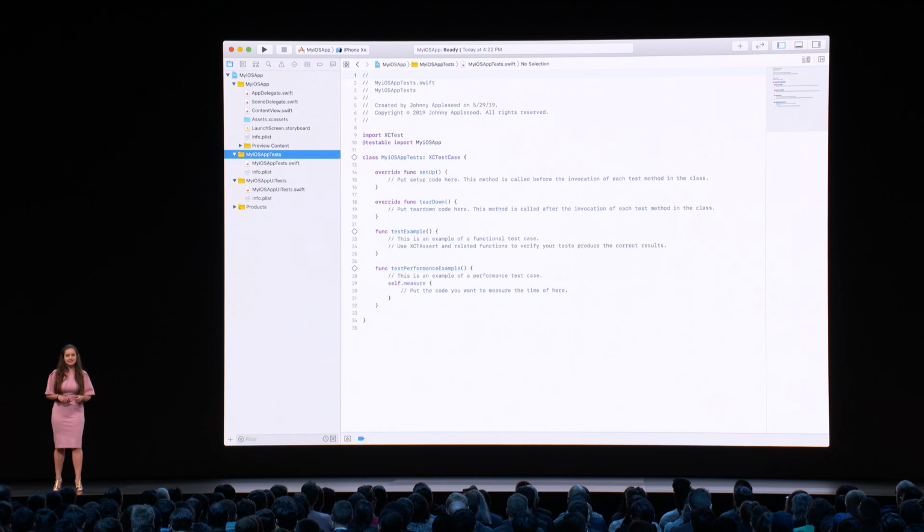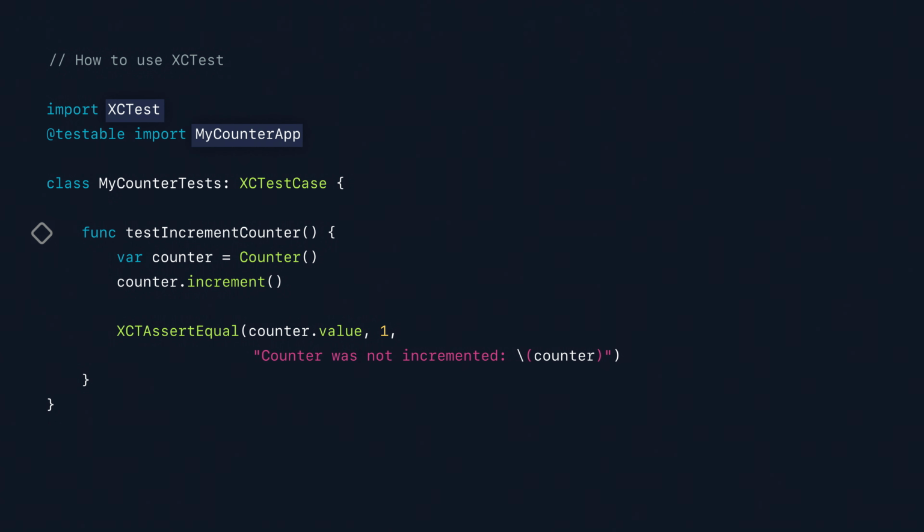The class imports the XCTest framework along with the target to be tested. The class itself is a subclass of XCTestCase, which allows its methods to be used by Xcode to execute tests. Each method we want to use as a test case must start with the word test and then hopefully be named something that indicates what it'll do.